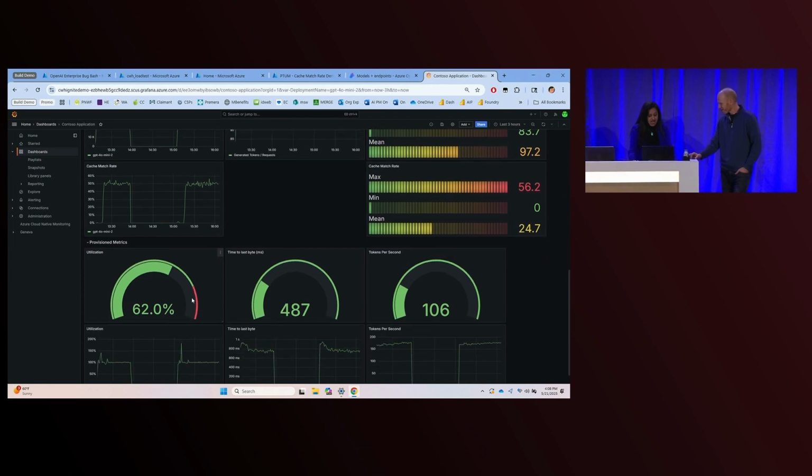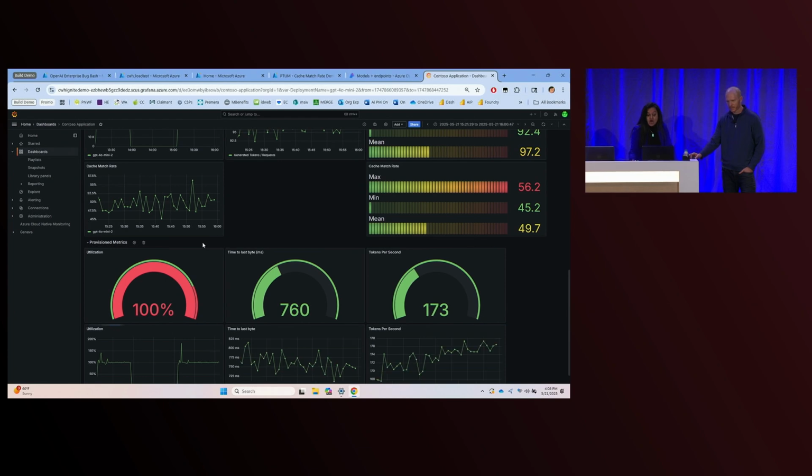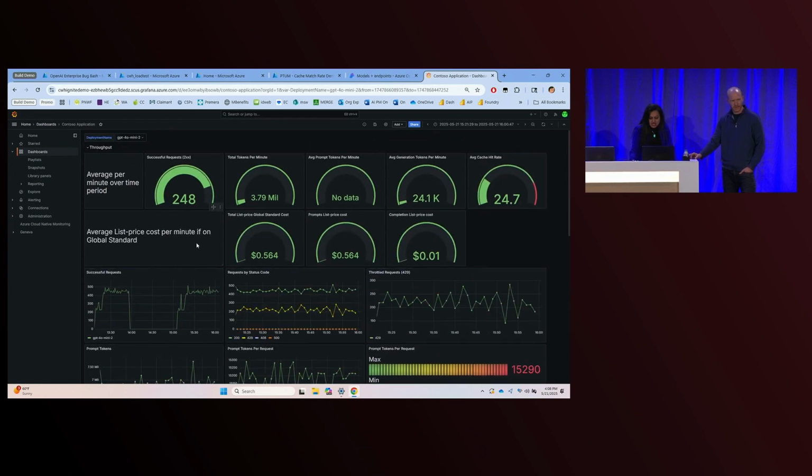This is with the prompt caching aspect of it, right? We are making sure that these computations stay in your cache for longer, so that you could just directly read from your cache and be able to respond quickly. If I zoom into this cached portion of the workload, you'll notice that the successful requests have climbed up even more, almost double.